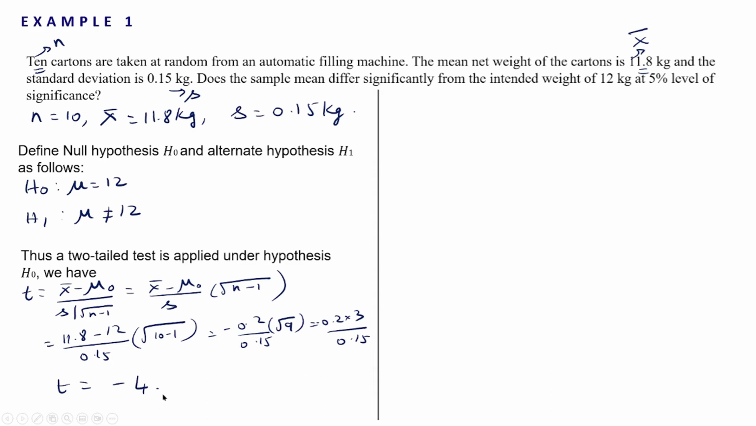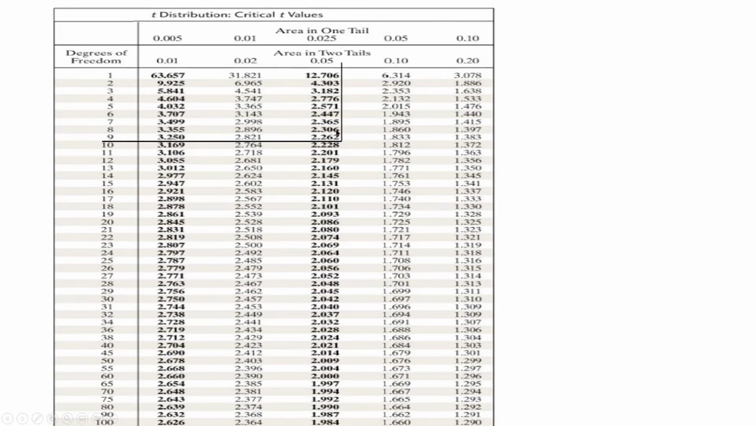Now we have to find the critical value of t, or the table value of t, at 5% level of significance and n minus 1 degrees of freedom. So the degrees of freedom nu is n minus 1, so it is 10 minus 1, which is 9. So from the table, let us find the critical value of t for 5% level of significance and 9 degrees of freedom. Here we have the 9 degrees of freedom, and we have area in one tail and area in two tails. This table is given in the handbook. For alpha equal to 5% and 9 degrees of freedom, the area in two tails is given by